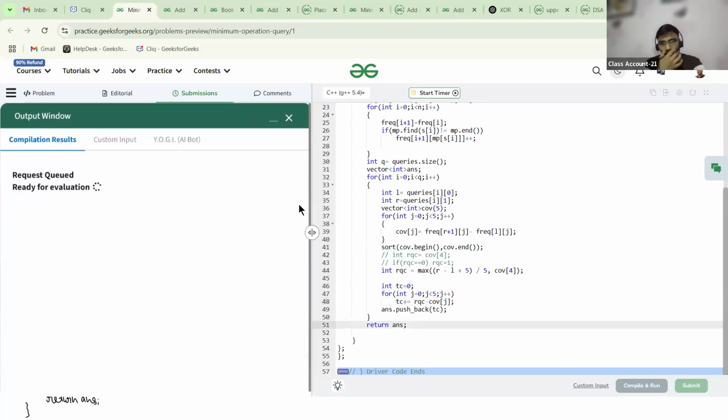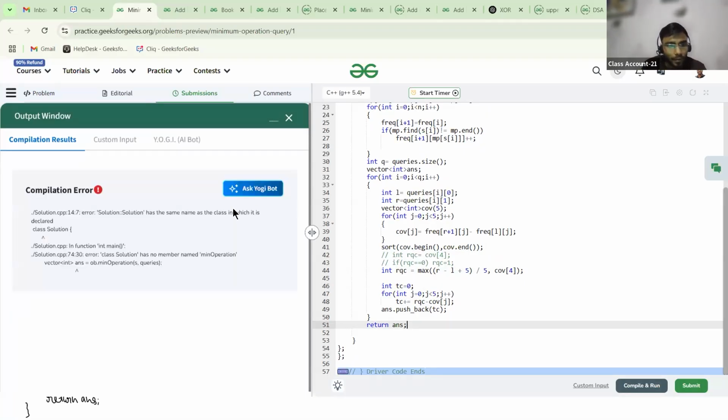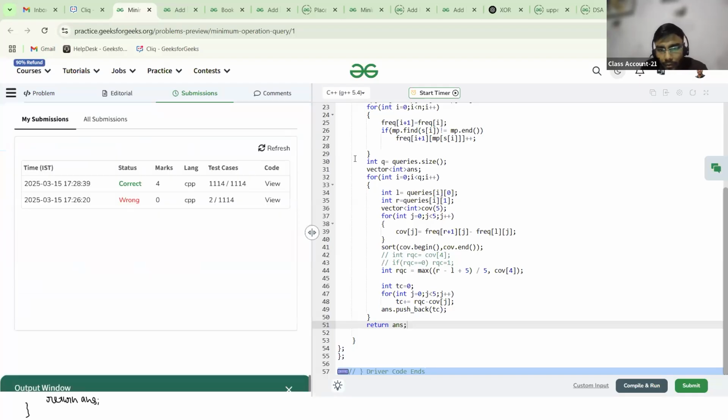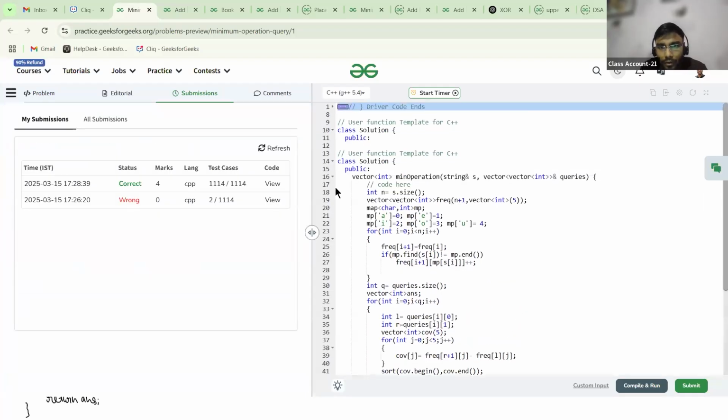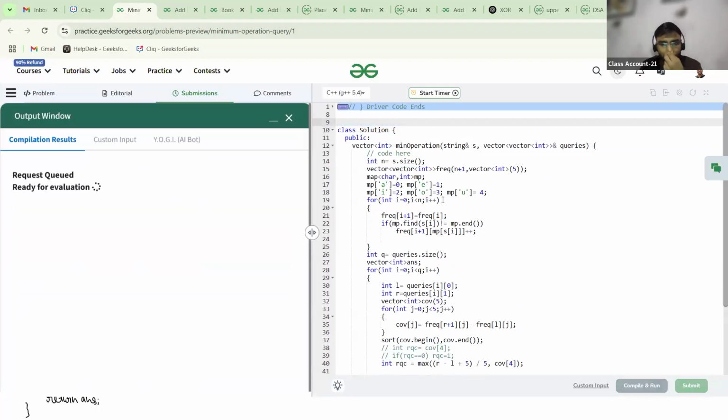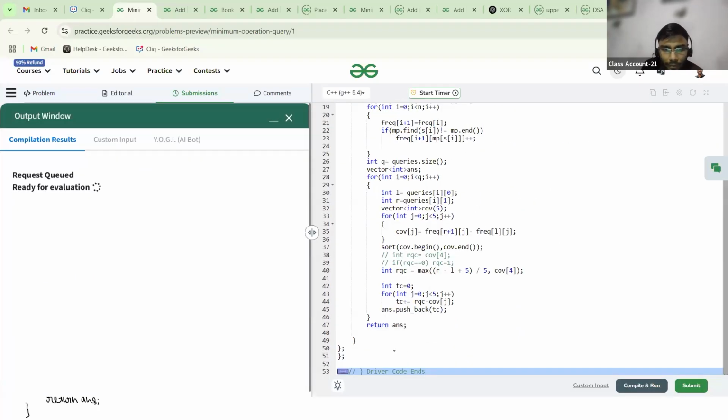Let's see. Okay, let me erase this. Semicolon mistakes.